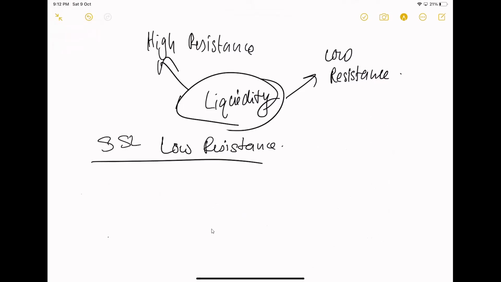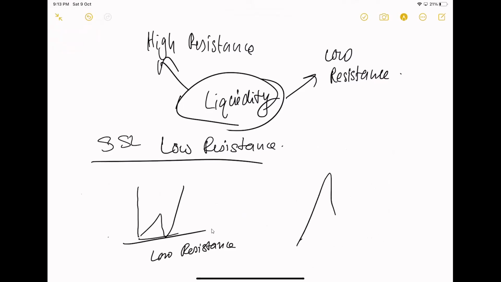All right, so sell side liquidity. Let me take my pen again. You have low, then you have higher. If you can form a trend line, that is low resistance liquidity. Trend line, this is low resistance liquidity. All right, low resistance liquidity. But now looking at low resistance sell side liquidity,